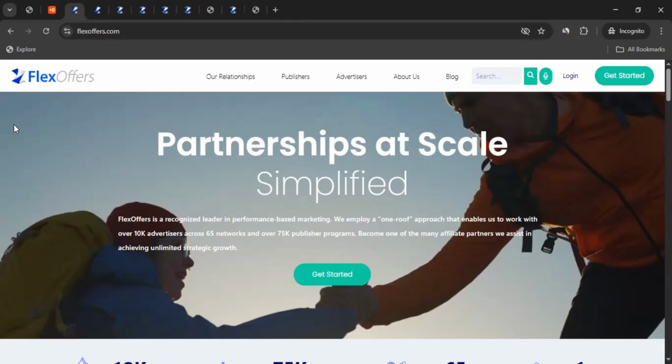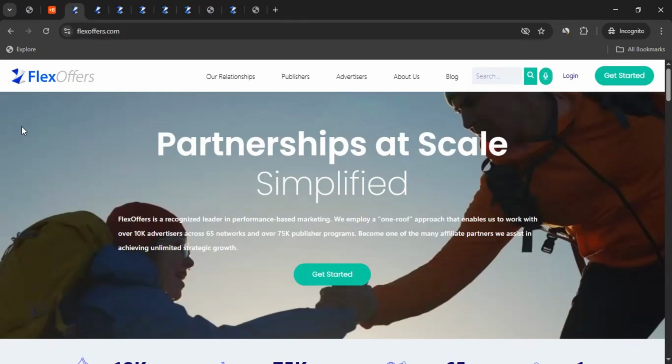That means if you want to join the affiliate program of different brands out there, you must join the respective affiliate marketing network. In our case, if you want to join the affiliate program of Babbel, we must create an account with Flex Offers as an affiliate and we must apply to the affiliate program through Flex Offers' publisher dashboard. Now, Flex Offers calls affiliates publishers and brands advertisers, so don't get confused.